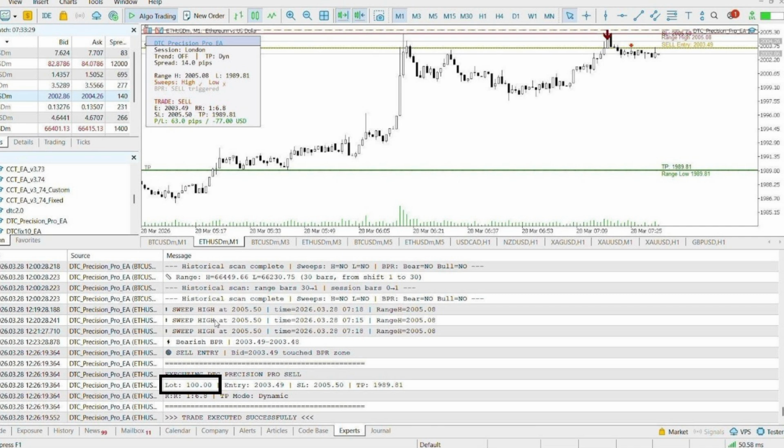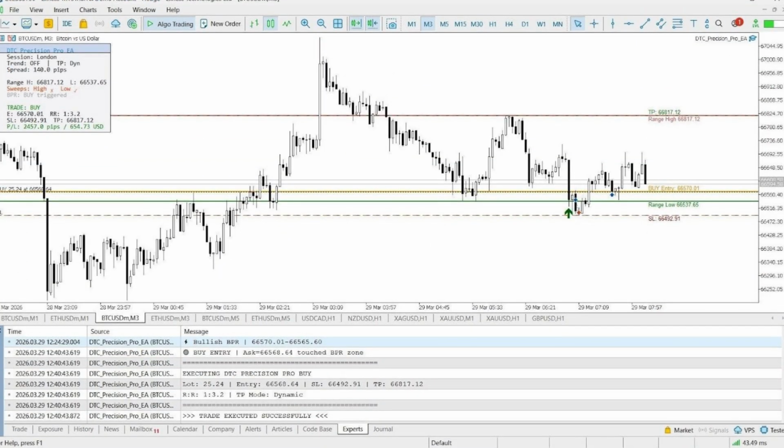You can adjust this limit in the settings based on your broker. Here's a buy trade on Bitcoin, also during the London session. Same logic, opposite direction. The range low was swept. You can see the green arrow down here. After the sweep, a bullish BPR formed between